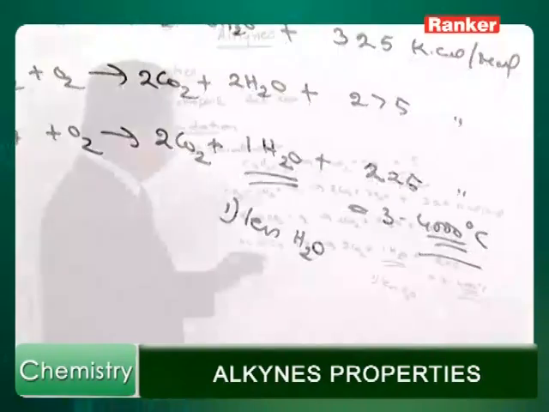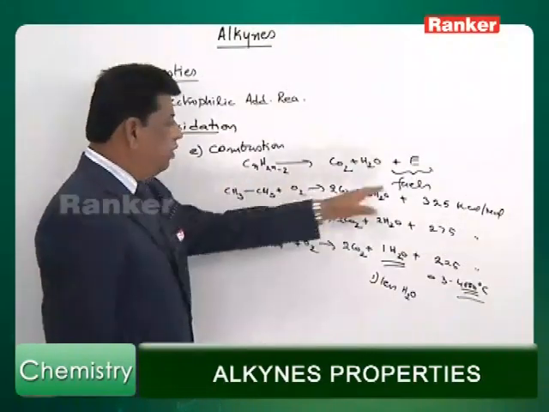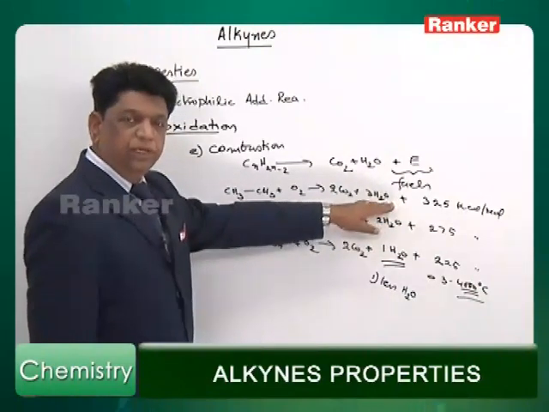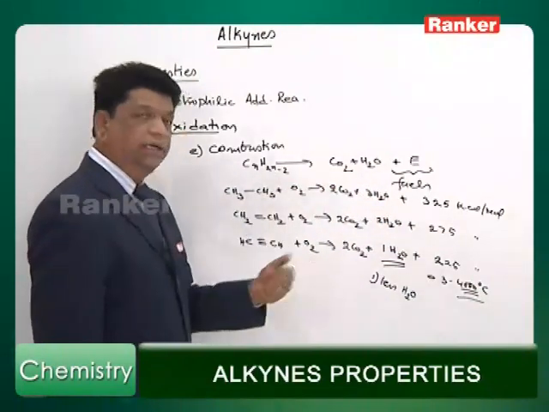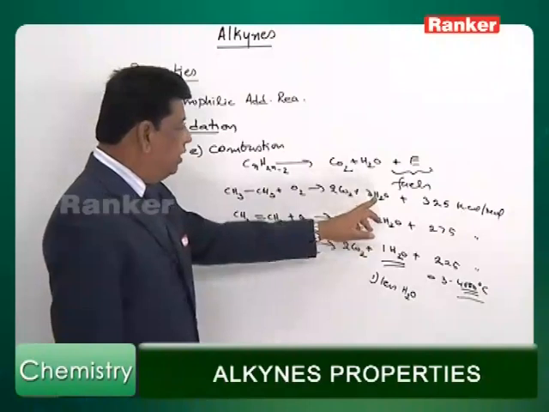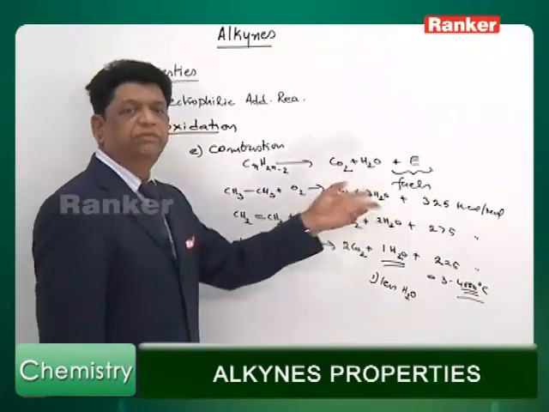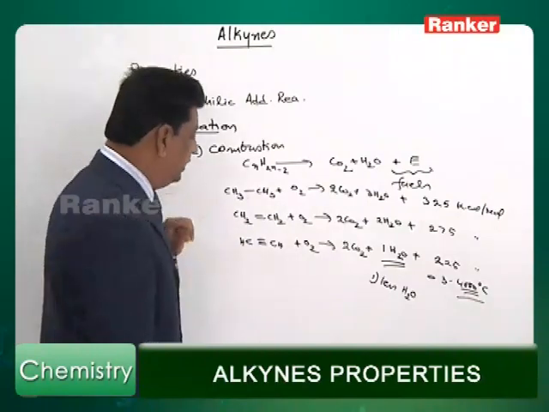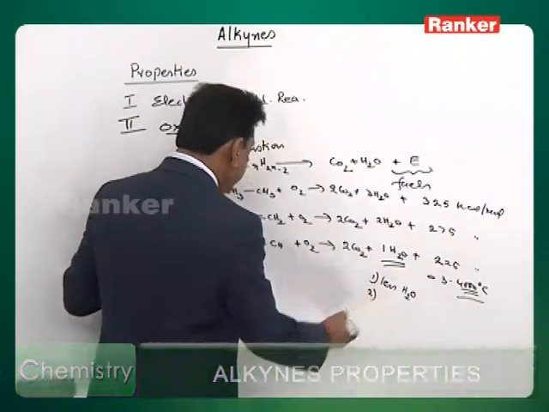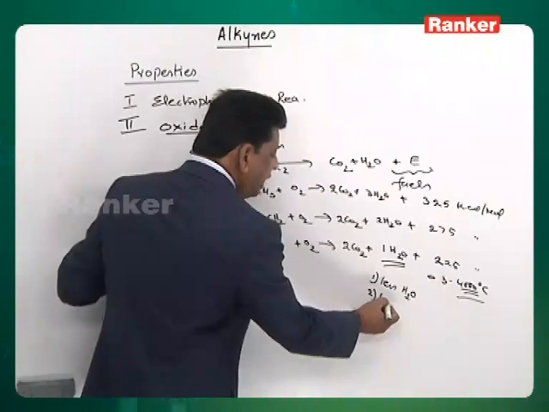Each water molecule formed in the flame, water formed means it will be liquid, isn't it? So, liquid takes some energy and evaporates. So, the more the water formed, more evaporation requires more energy, wastage of energy will be there. This is one point. Second point is acetylene has a low flash point,